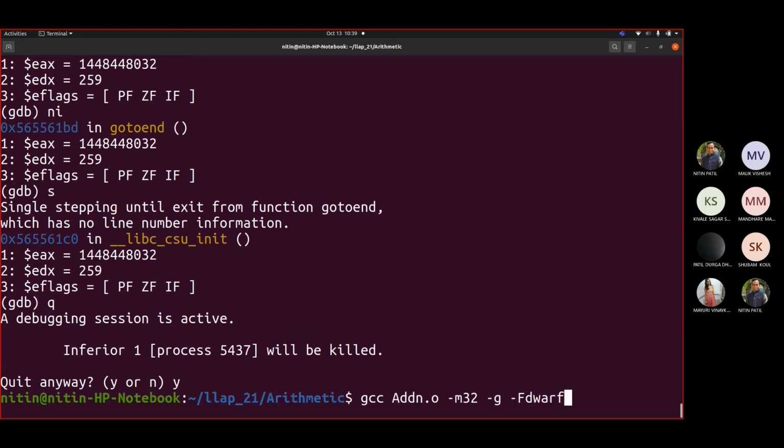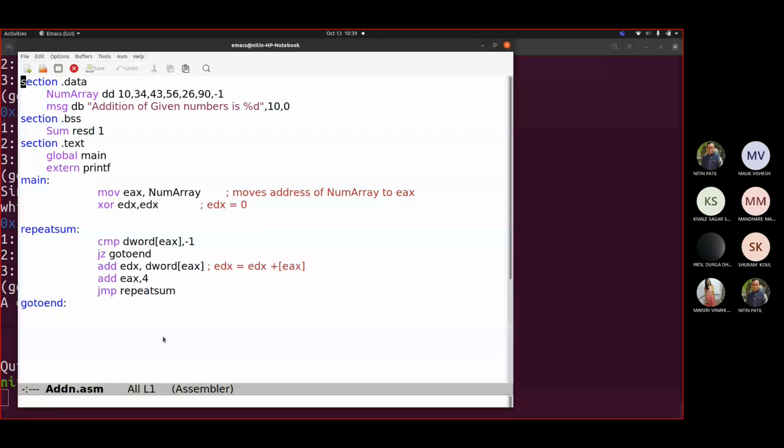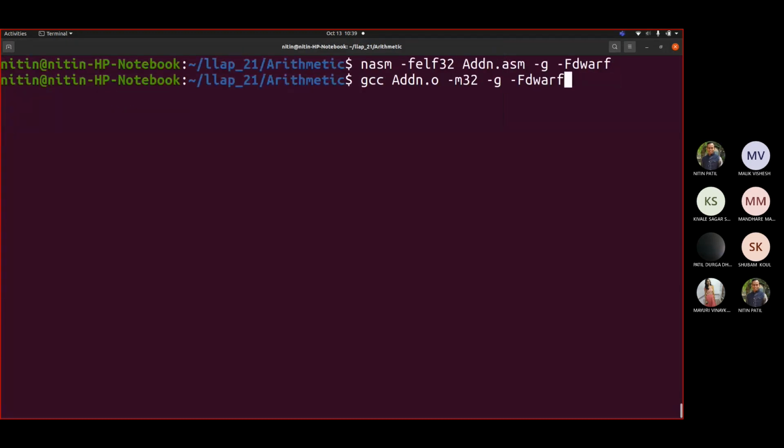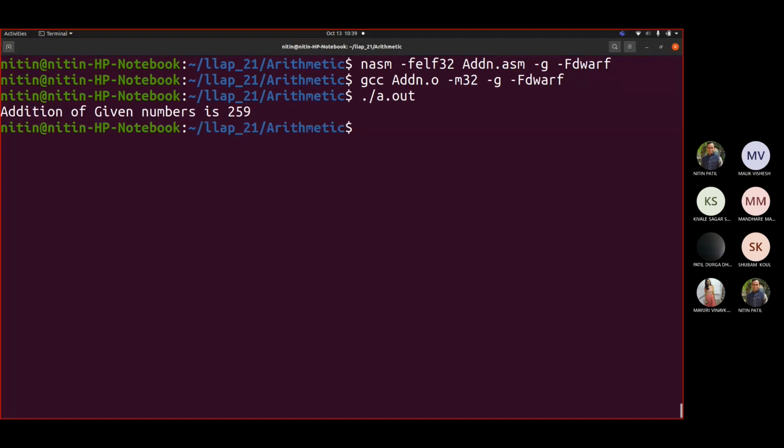Understood this one? Okay, so let us write printf. Where is the value? Sum is where? EDX. So write push EDX, push MSG, call printf. Now you cannot make use of puts because we are having a data element there. So add ESP comma 8 because two pushes are there. So it should display 259 as the sum. Fine. So let us see, NASM, GCC. Can we see 259? So we got this. Fine.